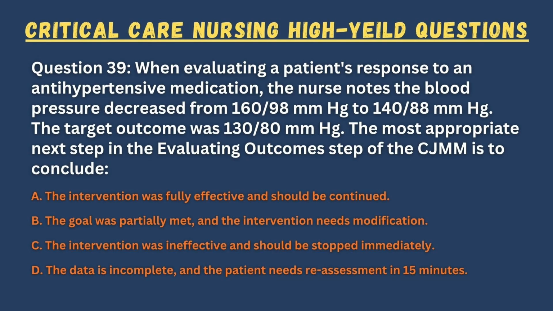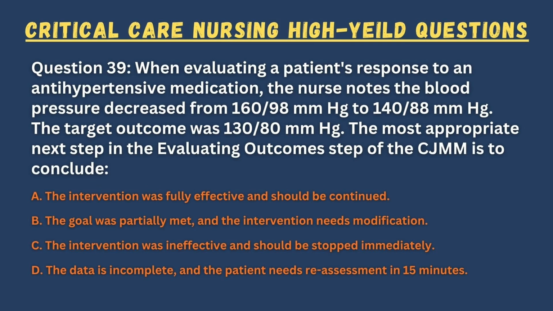Question 39. When evaluating a patient's response to an antihypertensive medication, the nurse notes the blood pressure decreased from 160/98 millimeters of mercury to 140/88 millimeters of mercury. The target outcome was 130/80 millimeters of mercury. The most appropriate next step in the evaluating outcomes step of the CJMM is to conclude: